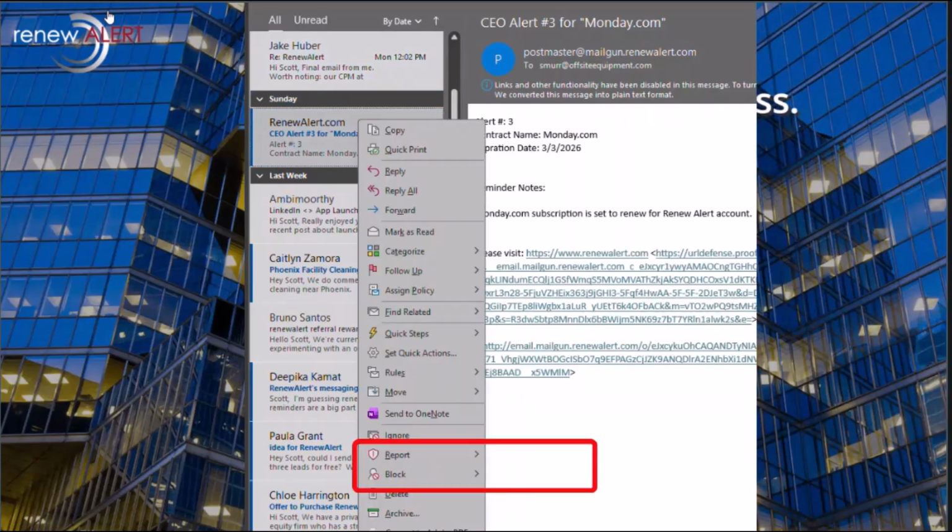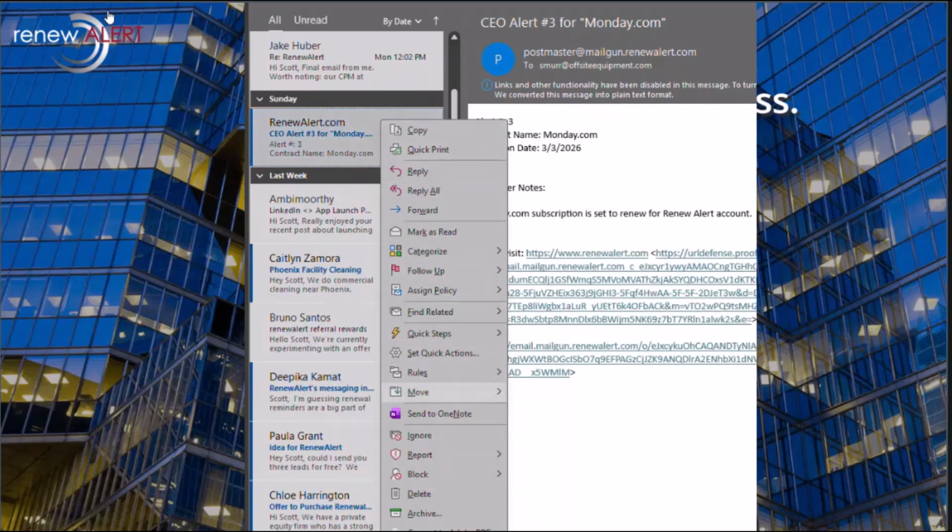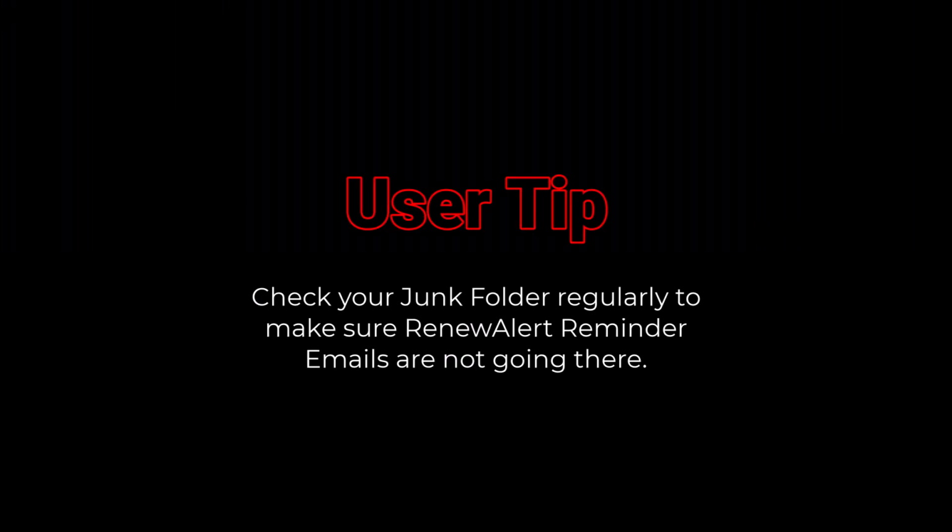If the email is in your junk folder, please right-click the message, then scroll to Report and click Not Junk. The message will then move to your inbox where you can click to verify your email address. This is also an important step to ensure you receive your reminder emails from RenewAlert. It's a good idea from time to time to check your junk folders to see if any RenewAlert emails start routing there